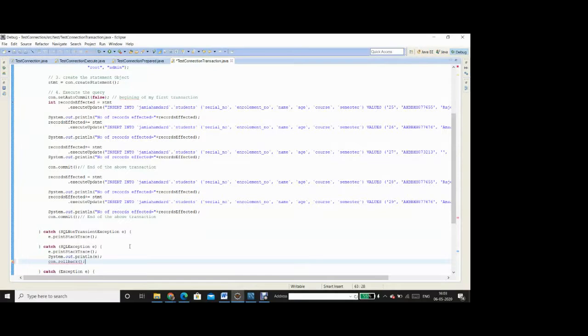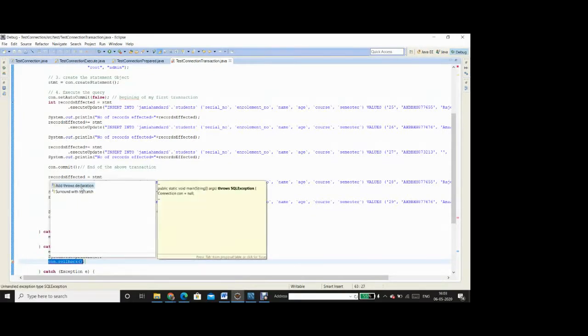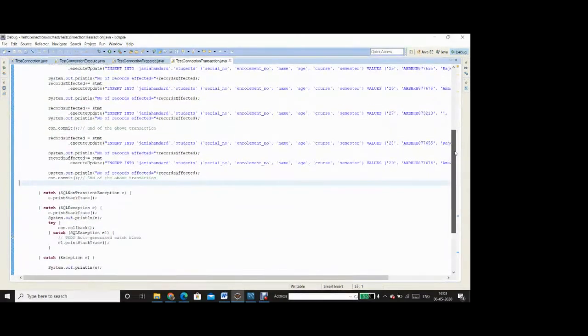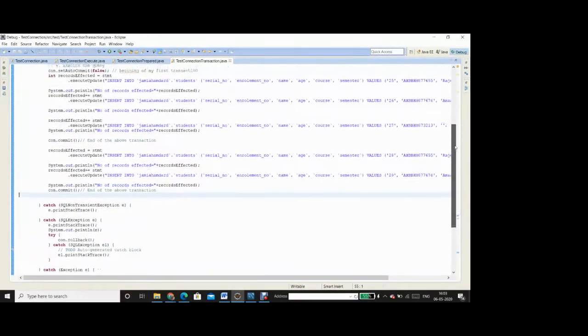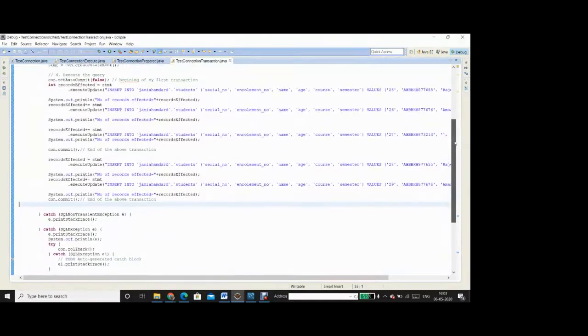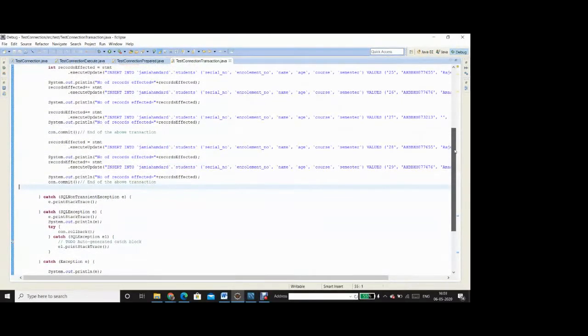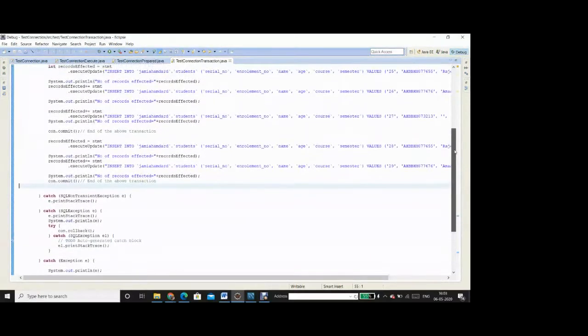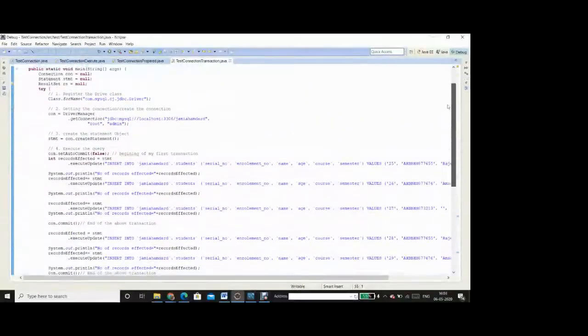So this means that something has gone wrong, and whatever the previous insert statements I have sent to the database, now I am sending the database another hint to discard those changes and roll back the database state to the previous original state.